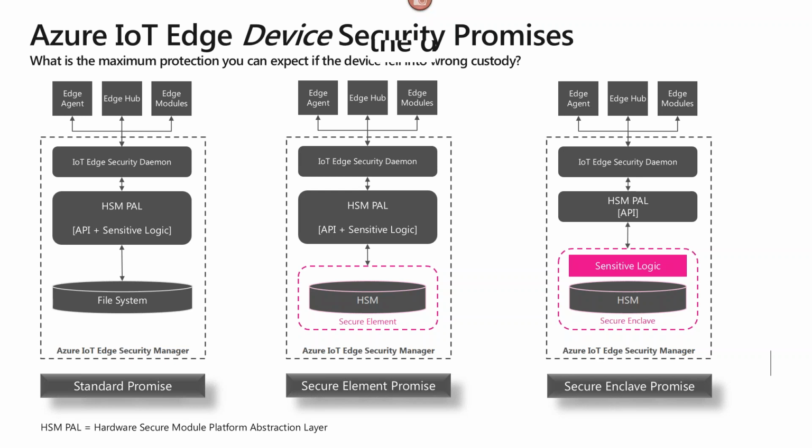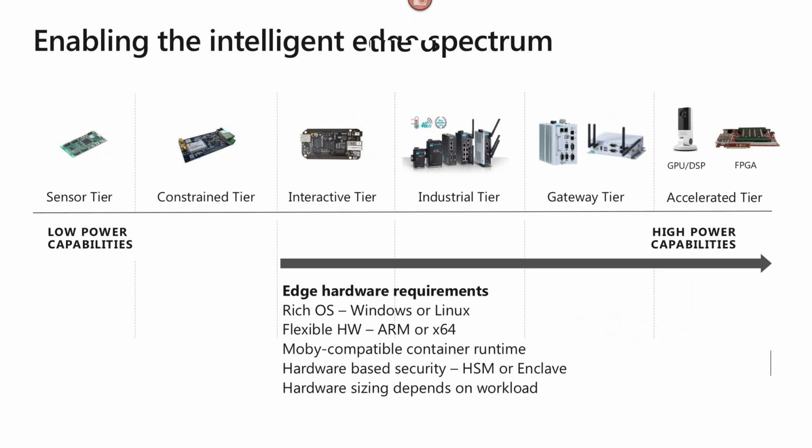Finally, just to finish the high-level view of IoT Edge, let's talk about where IoT Edge sits. What type of devices are you likely to run IoT Edge on? You can see here a spectrum of devices, from the simplest sensor tier devices. Think of these as Arduino-type devices, devices that can't run an operating system, all the way to the more complex tier, the gateway tier and above, where you have devices that have quite a bit of intelligence, devices that run Windows or Linux, devices that are ARM or Intel-based, 64-bit based devices. IoT Edge runs on these devices.